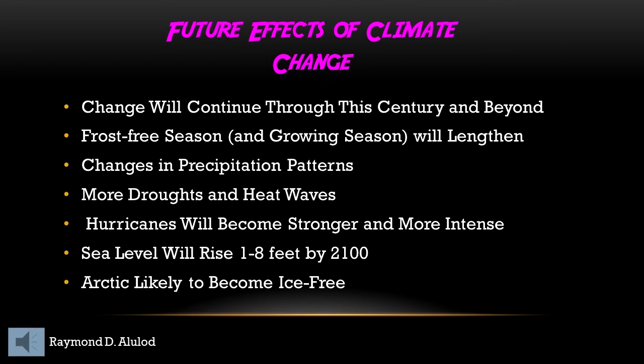More drought and heat waves. Ito yung pinakamalalang nangyayari na sanhi ng greenhouse gases. Yung sobrang init na ating mararanasan ay di na talaga natin kaya o hindi na natin magawan ng paraan. Kagaya ng mga drought sa mga bansang malapit sa equator, yung kagaya ng Egypt, Africa, nauubusan sila ng mga resource like water. Hurricanes will become stronger and more intense.